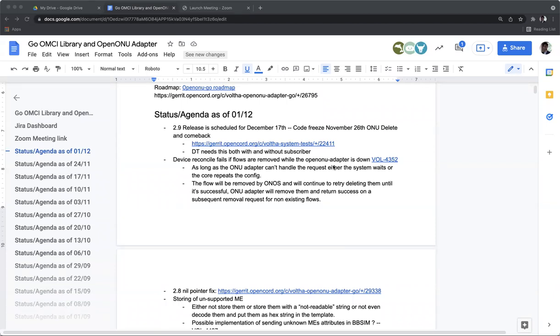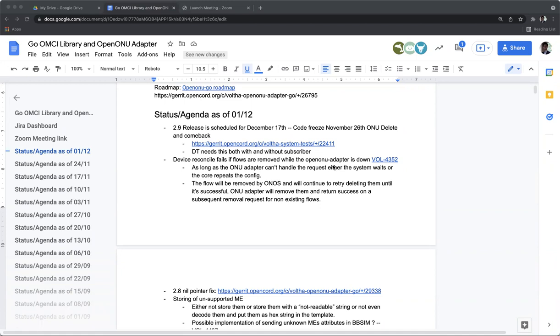We know there are some issues in relation to subscriber delete and tech profile delete. Girish put in a fix, and Matteo and I are working on a few checks here and there in the different applications, and ONOS and VOLTHA as well. So we are on track. The tests show some failures, but it's okay. We can fix them before the release.